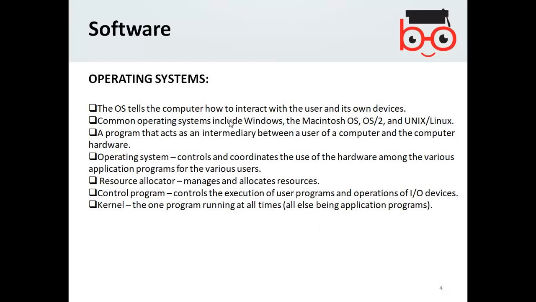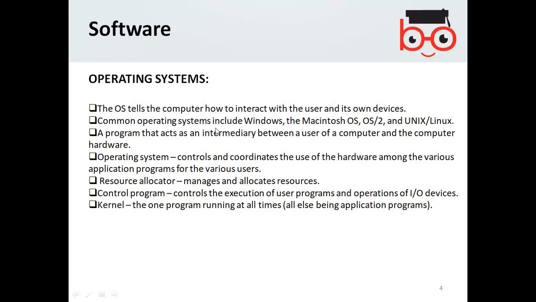Again, I won't say Windows, I would say the operating system. You can access your hard drive through Windows, as well as through the command prompt. Have you used the command prompt option? So the operating system tells the computer how to interact with the user and its own devices.